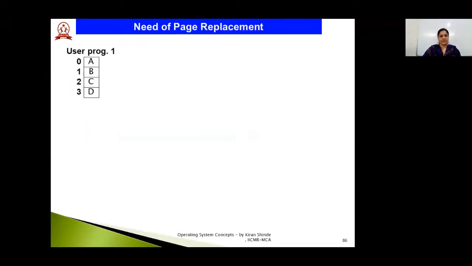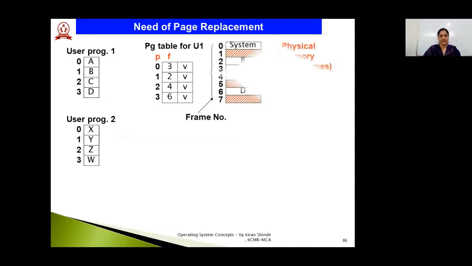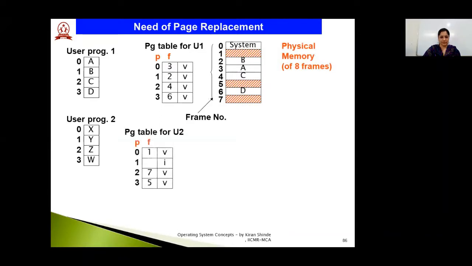First of all, we need to understand the need for page replacement. Let us consider there are two programs, program 1 and program 2. In this scenario, you can see that two page tables are built, one for every program. For program 1, the page table is built for 4 pages which are mapped with the 4 frames 3, 2, 4, 6. With program 2, there is another page table in which the 4 pages are mapped with only 3 frames. Now one frame is missing here, but we will revisit that point.